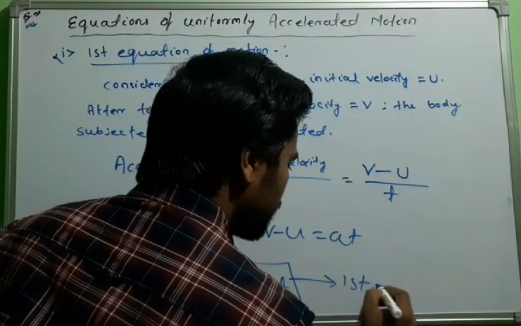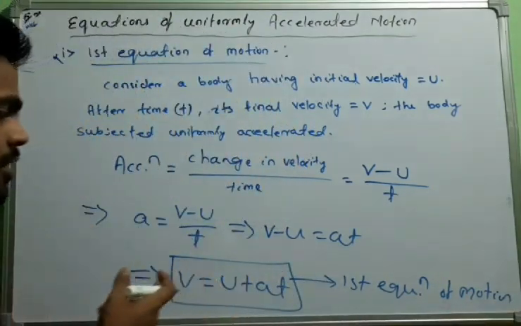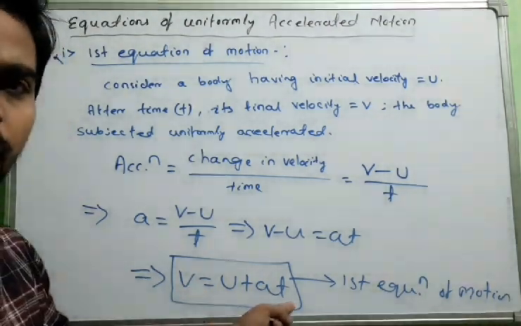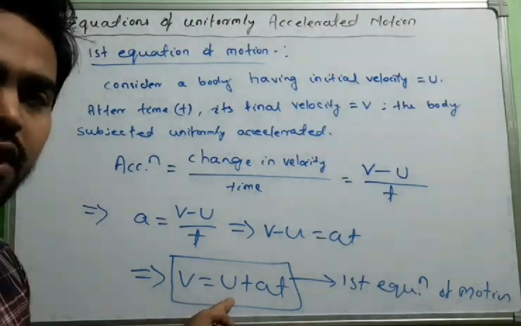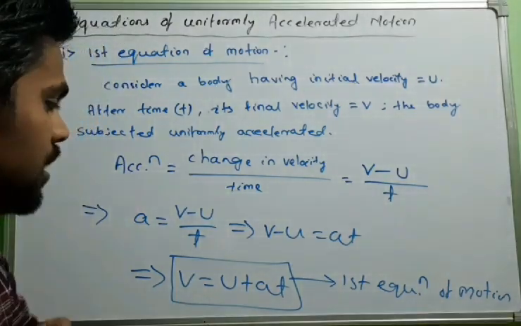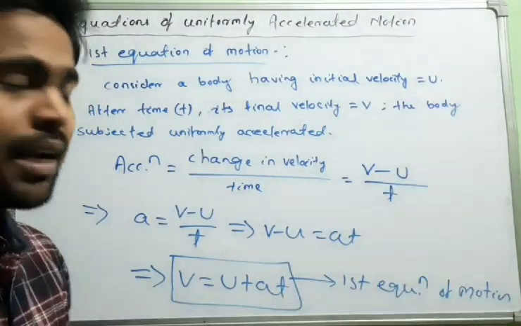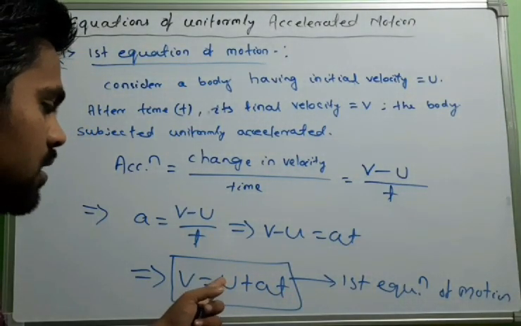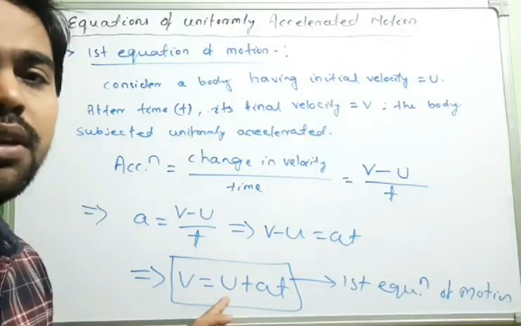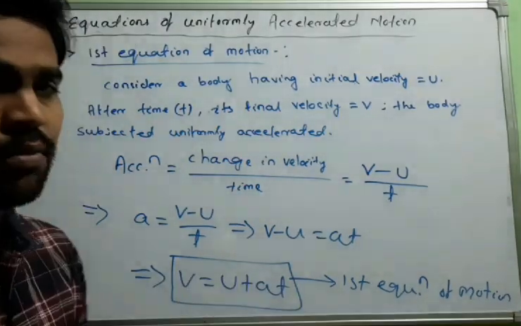Write down the first equation of motion. Clear? In the first equation, we have four variables, that is v, u, a, t. v is final velocity, u is initial velocity, a is acceleration, t is time taken from initial velocity to final velocity. If three known values are given and you need to find one unknown value, you can easily find it using this equation. For example, if the question asks to find the initial velocity, and the final velocity, acceleration and time are given, you can easily find the initial velocity by applying the first equation of motion. Got it, students? Like this you can find the other values also.